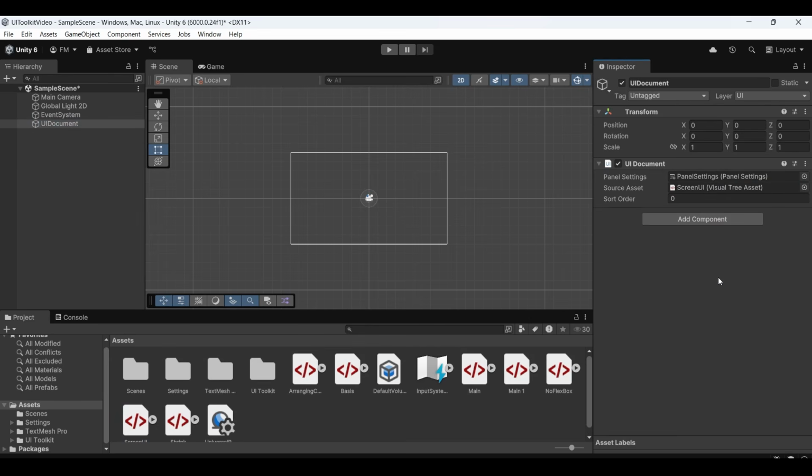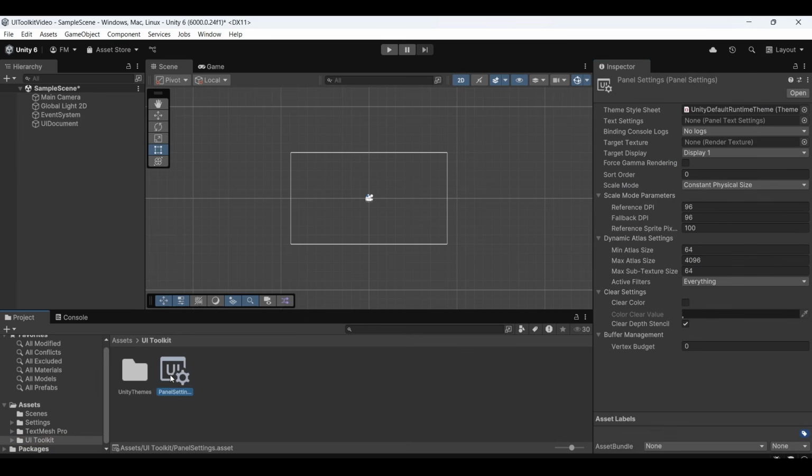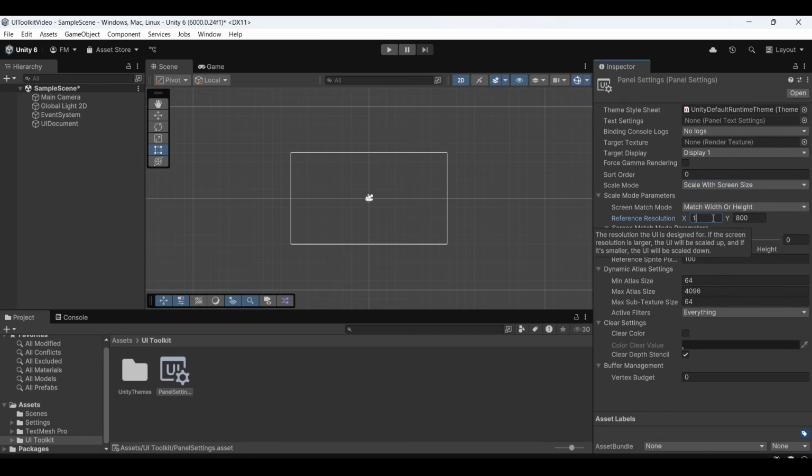Now, your UI layout is connected to the scene. Now, to ensure your UI scales properly on different screen sizes, click on the panel settings asset. In the inspector, find the option called Scale Mode. Set it to scale with screen size. Then set your reference resolution. This tells Unity to scale your UI based on the resolution, which makes it more responsive and clean across different